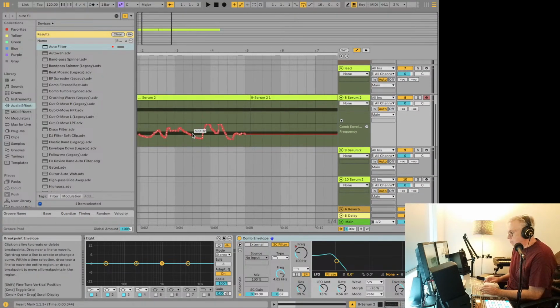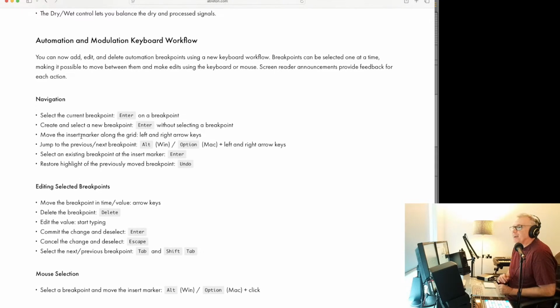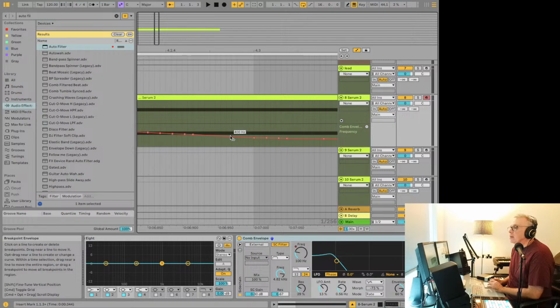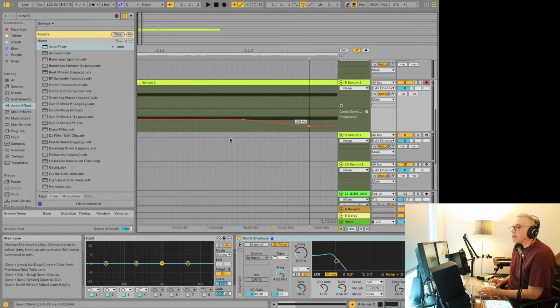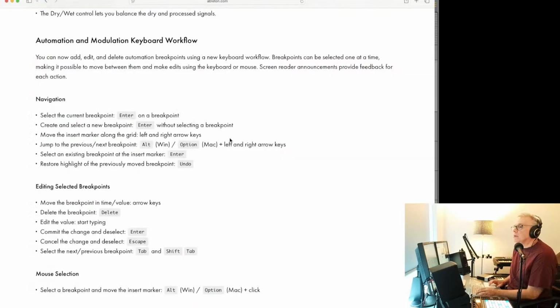okay. Okay, let's see what they say here, because that's a little off. The navigation, select the current breakpoint, enter on a breakpoint. So that's what acts really weird. If I go here, oops. If we hit enter, for some reason, it takes me to the beginning. Okay, well, we'll do enter on this one. Yeah, so enter on this one. And no,